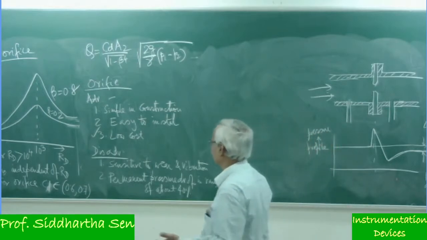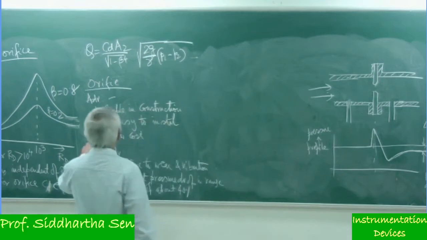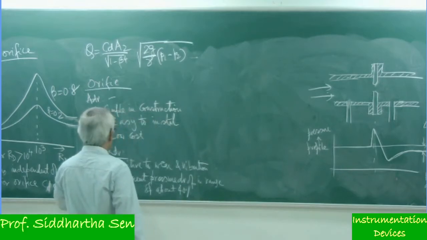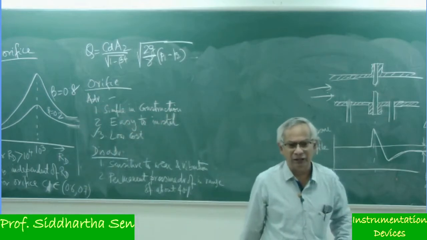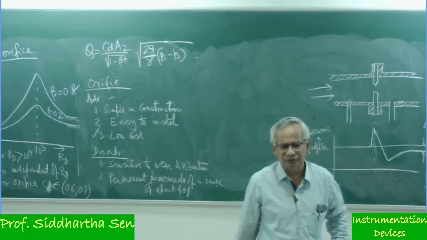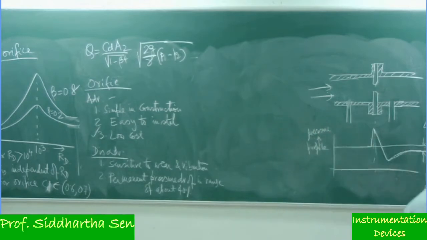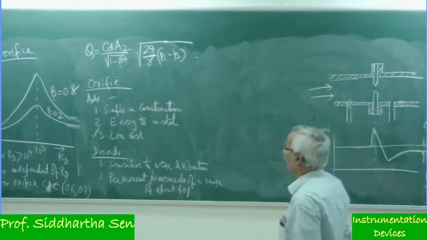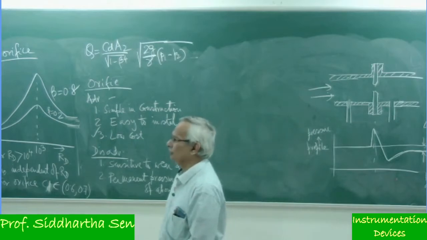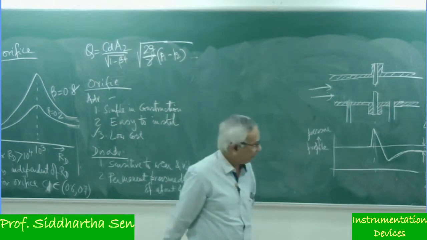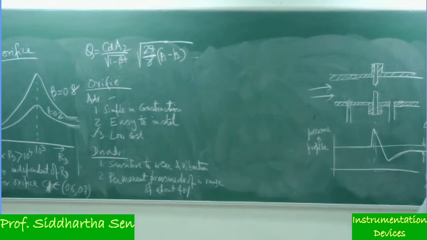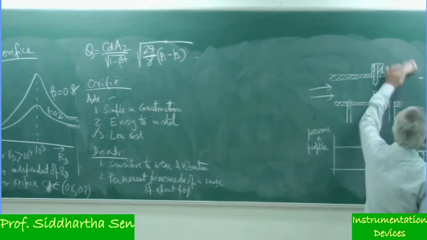So in the long run, what we can say is that at first the orifice is simple, but there is a possibility of a permanent pressure drop which we need to take care of. Otherwise, we have to use something else. So definitely we look for a substitute for the orifice where the permanent pressure drop will be less. That is what we call a Venturi meter or Venturi tube.